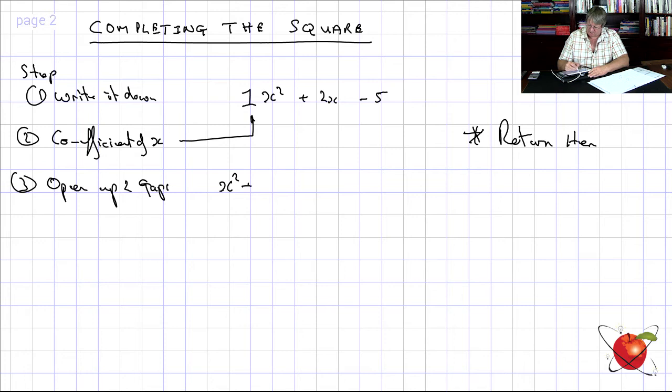Like so. X squared plus 2x, gap 1, minus 5, and gap 2 is behind the 5, right? So it's between the x and the constant we open up a gap. Step 4, okay? Into gap 1,